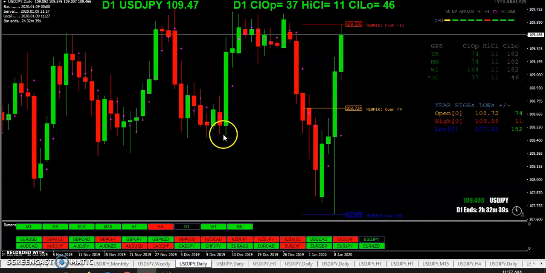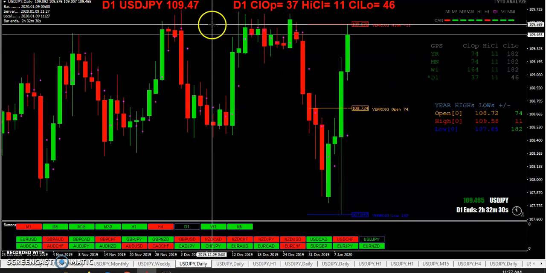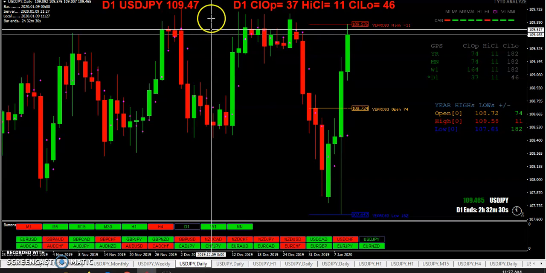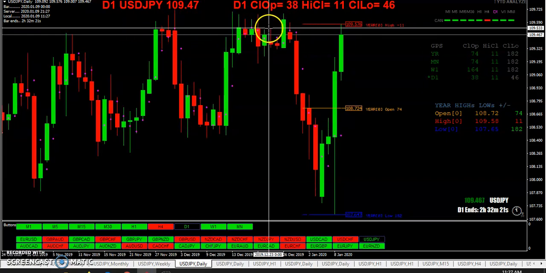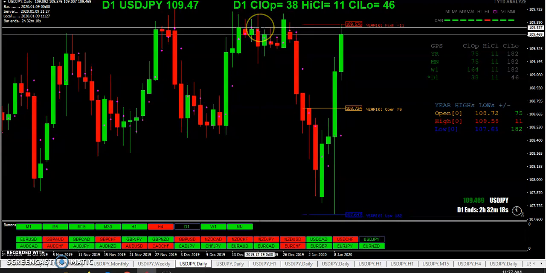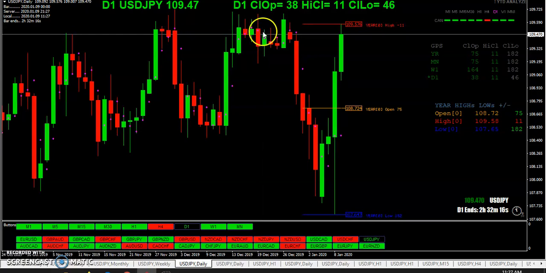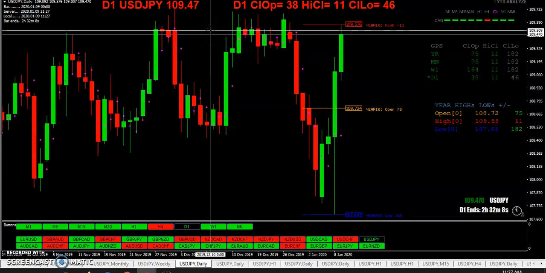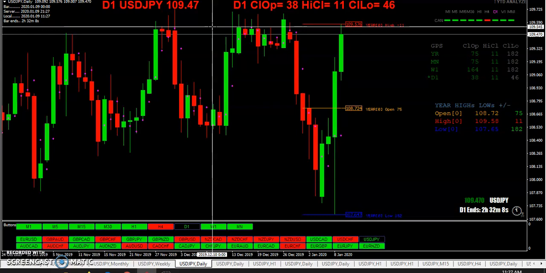Whoops, why did that do that? Now look at this. We are 74 pips above the yearly open. But I want you to notice something, boys and girls. You see all these wicks right here? You see this level right here? What is this level? It says 153. Let's just look at it here at the 150 area. You see how many wicks? And you can see right here how many times it's closed above 154. Only once,